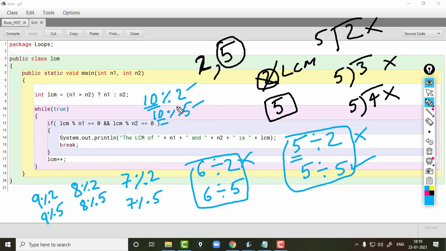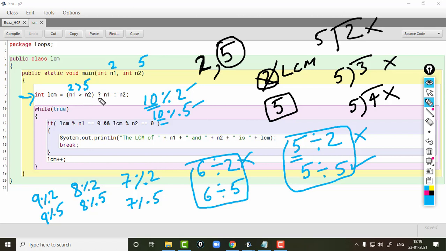So this is the logic we have applied here. See, on line number 8, I've assumed that the bigger number is the LCM. For example, N1 is 2 and N2 is 5. So the condition here becomes 2 is greater than 5, which is false.